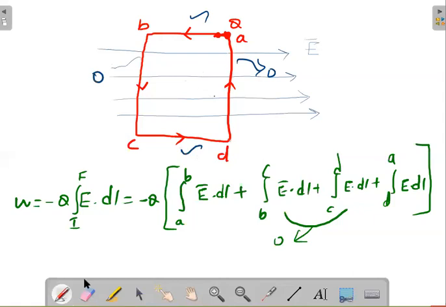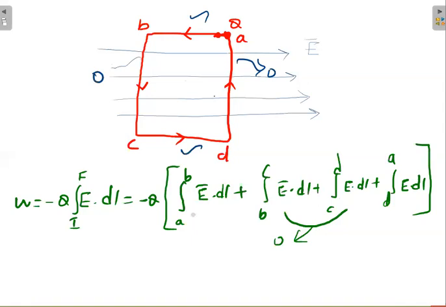So if you carefully concentrate, the relation will be like this: A to B, E dot dl is equal to minus of the other path, E dot dl. If you imagine, the answer will be like this only. So they are just cancelling. See, once you go against the field, you will spend energy. But now you are going in the direction of the electric field, so you gain energy. Already you spent some energy, now you are getting some energy.